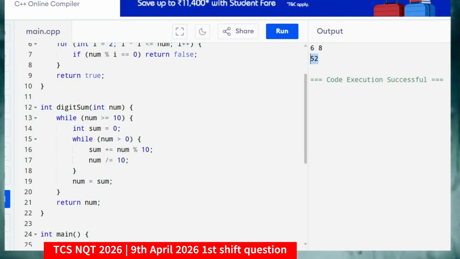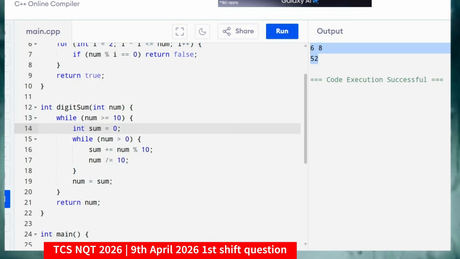I don't know why they give that input, but according to the candidates, whatever they have mentioned, I'm just putting in. So there might be a slight difference, but the logic is the same. Focus on the logic, not the questions or the input. Many people were commenting, brother, you took input 2 and 3, but in the exam the input was 5 and 8. That doesn't matter. You should focus on the logic.